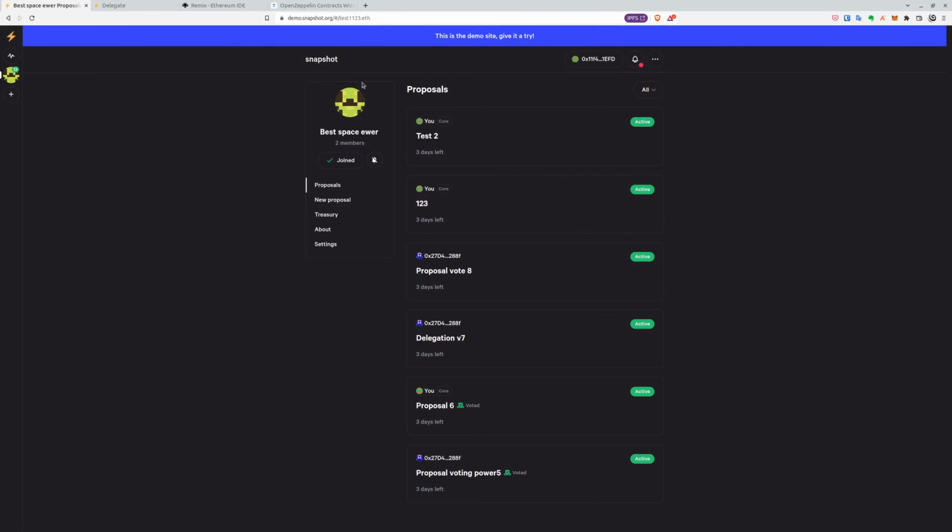In the previous video, we created a very simple workspace with only one voting strategy, and this time we'll show you how to create two new, more advanced strategies. The first one is voting using delegated tokens, and the second one will be voting using NFTs. So let's start. If you are new to Snapshot, make sure to watch our previous video, because we are starting